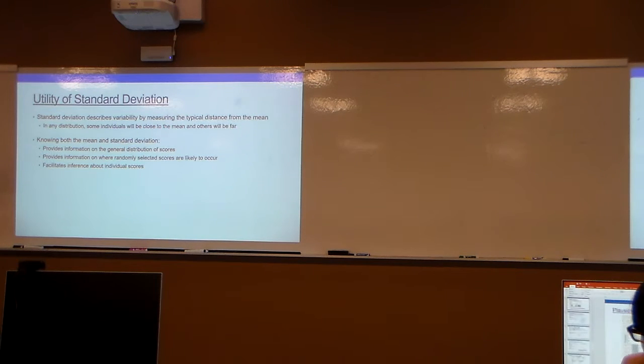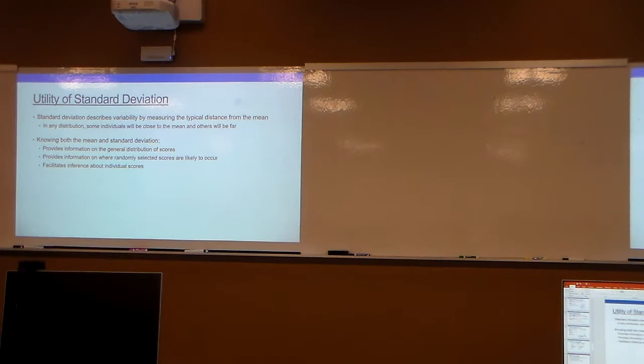In any distribution, some people are going to be close, some people can be far away, but it's a nice conceptual way to think about how spread out scores are. And if we know both the mean and the standard deviation, it gives us information on the distribution of scores,